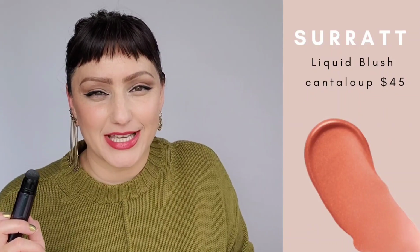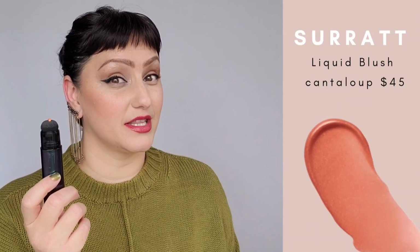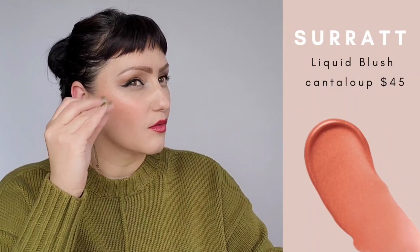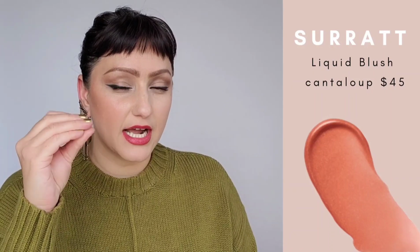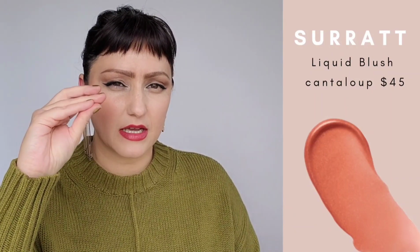All right, just for giggles, I'm gonna go in and do a little bit more to see how it layers on the skin. I'm gonna take my fingers because I'm curious to see how it works with finger application. All right, you could sheer it out. It has a bit of a soft, subtle,